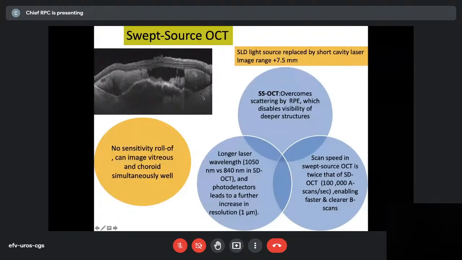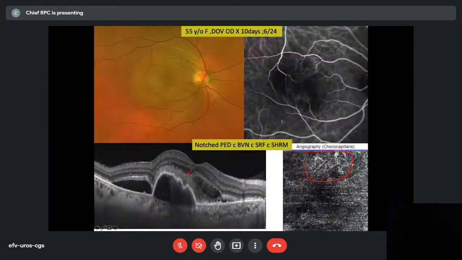So this is a patient with a submacular PED and a lot of SRHM, subretinal hyperreflective material. I'll tell you a little bit about that. So it's 100,000 scans, but actually it's going up more than that. Very clean scans. Very elevated lesion in the macula, in a 55-year-old male, with a 10-day history of a little drop in vision. ICG is not showing us much, some branching vascular network here, so the ICG is not giving us much information. What we get information from is the OCT and the OCTA.